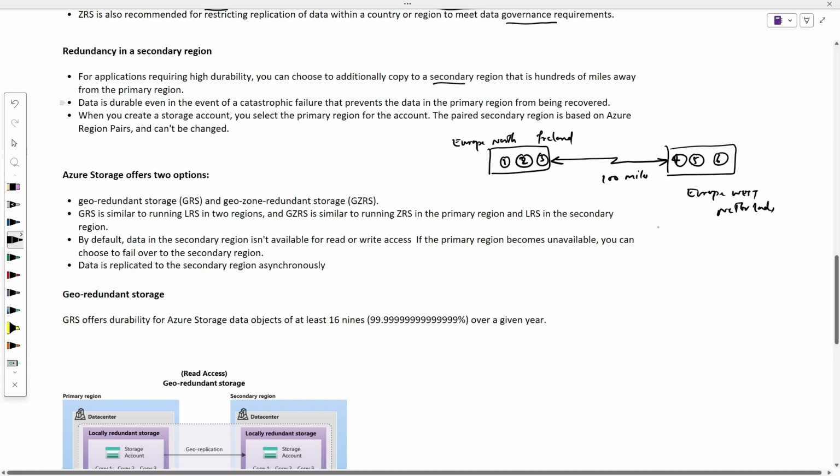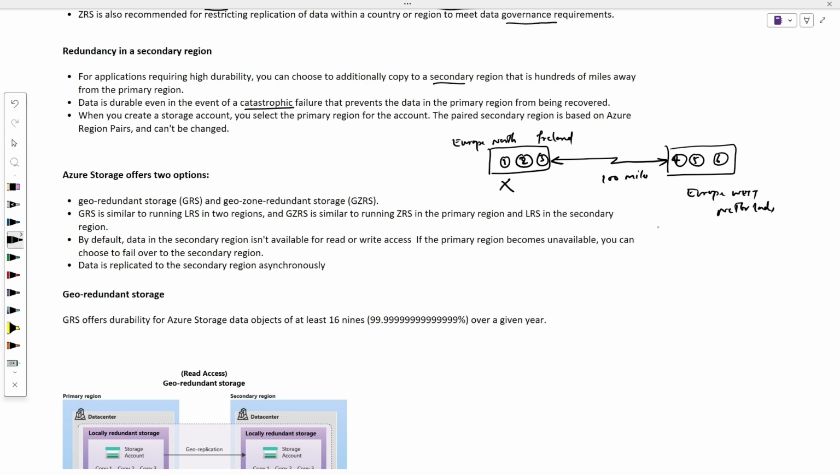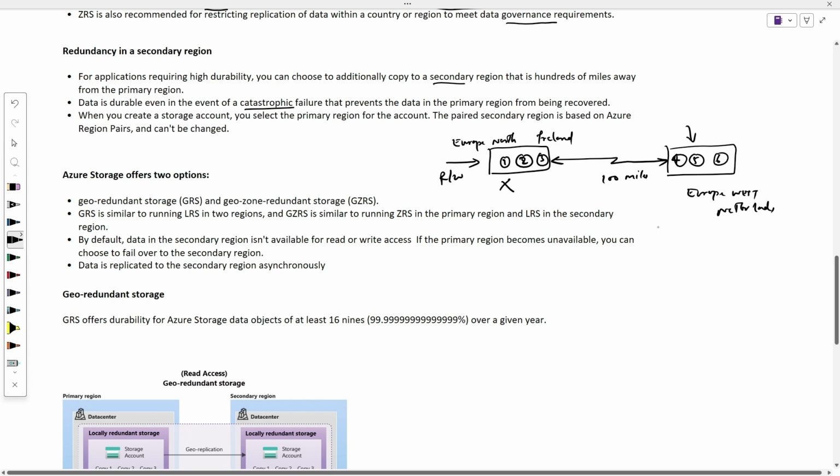If there is a catastrophe, and if there is a failure of this particular region, there is an outage, there is a disaster in Europe North, my data should be accessible. I will not be able to access it in case of any outage in the Europe North. By keeping my data in a separate region, I still have access to this data. So that is why I replicate the data using geo-redundant storage from one region to another region, which is hundreds